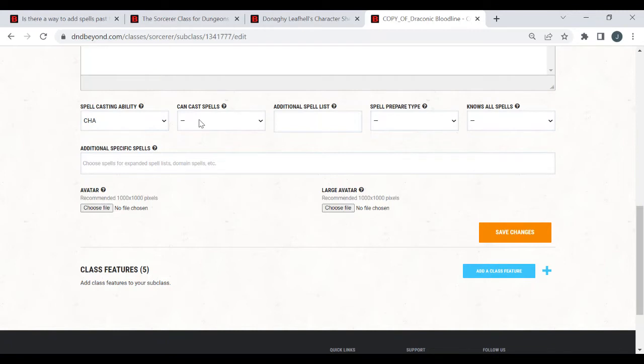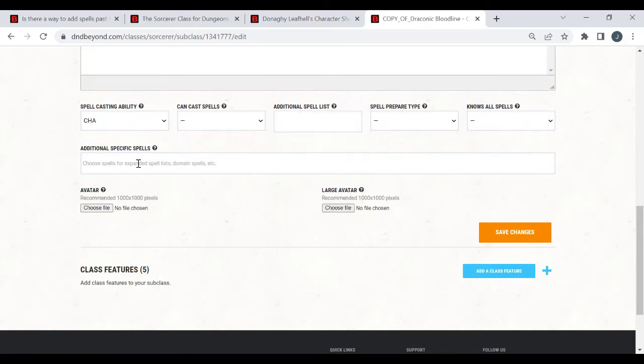You'd only use can cast spells if you're creating a subclass that normally doesn't have spellcasting. For example, if you're a fighter and you wanted to create something similar to the Eldritch Knight that can then cast spells, you then set that to yes. Alternatively, if you want to create a class that would normally cast spells, you then set it to no and stop the spellcasting. This is so that you can add a specific class onto the spellcasting list. So, for example, if you were a cleric, but you also wanted to add in the sorcerer's list of spells, you can just use sorcerer